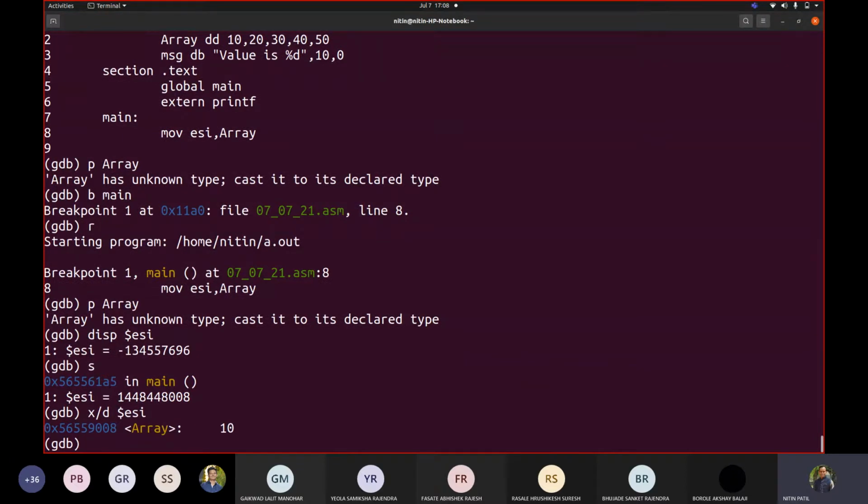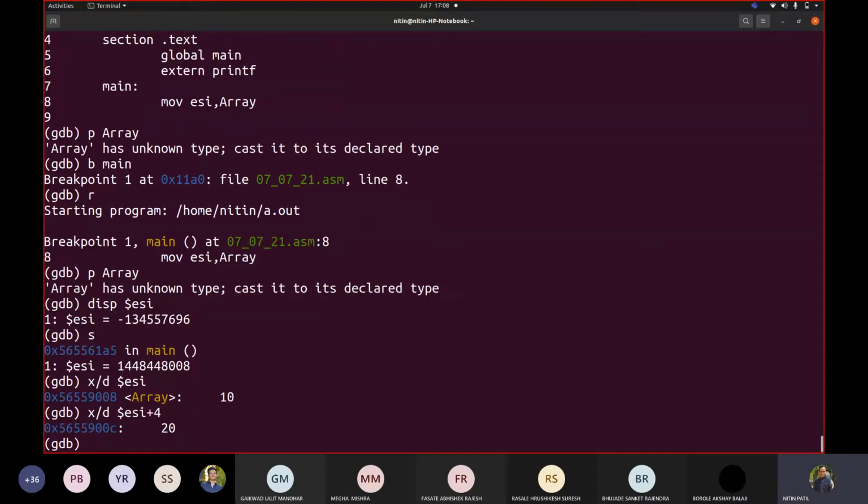Can you see that value? What value is shown there? 10. Was it the same value that we were expecting? The first value, yes. Whatever array we had, the first value is 10, correct? That's what is displayed.